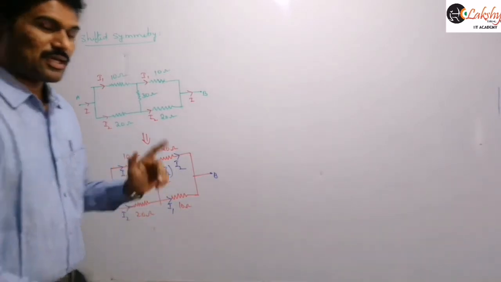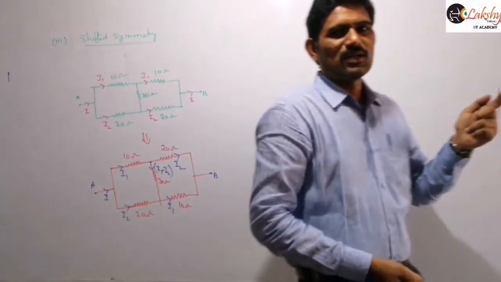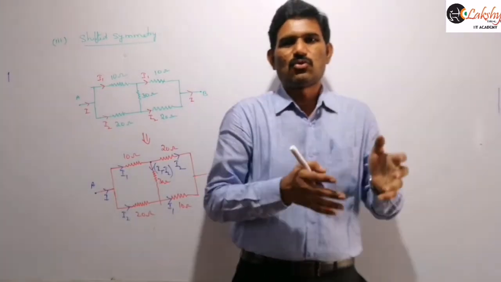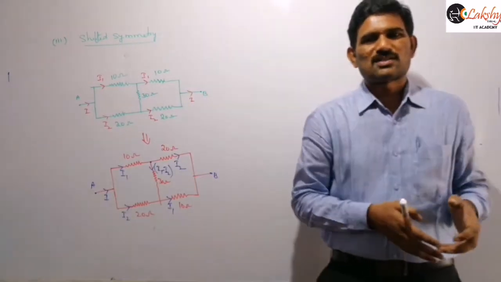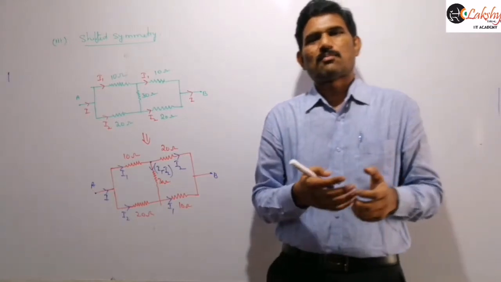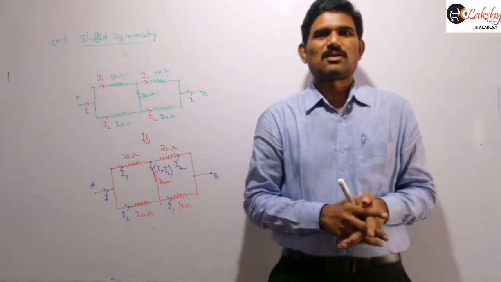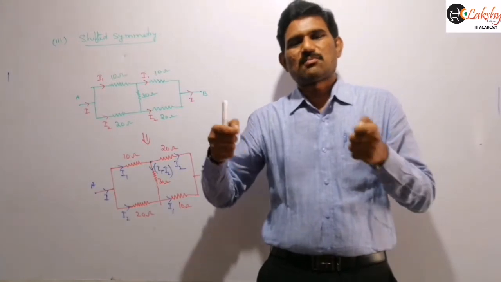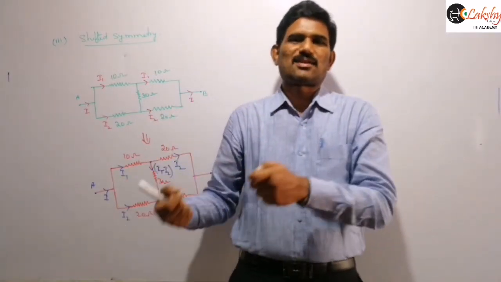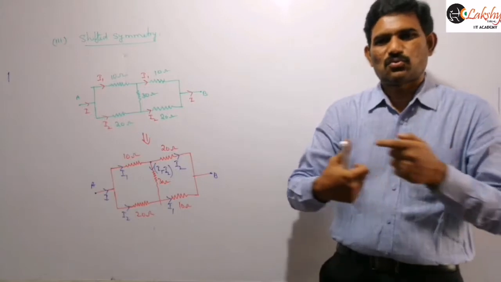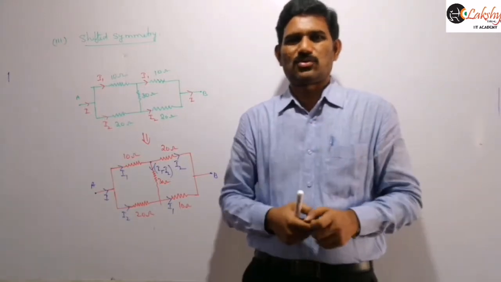I can also explain from the beginning, as I said in the last class, one more method, instead of applying all this symmetry. That method applies when the circuit is symmetrical at the junction entering the circuit and at the junction leaving the circuit. From here you will get more clarity about that.